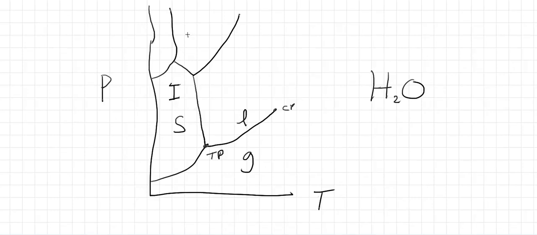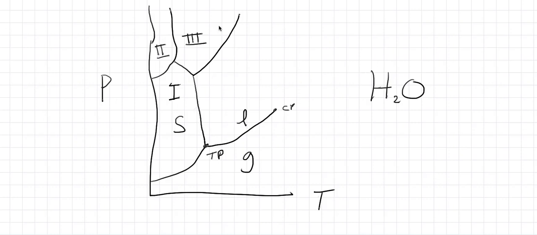But if we go to really high pressures, we can form ice 3, ice 2, and if we go to really high pressures, off the scale of this drawing, there's ice 4, there's ice 6, so there's more crystal structures that form. And in fact, if we go to high enough pressures, there's actually a form of ice that's stable at room temperature, but it's not stable unless you have incredibly high pressures. Okay, so that's it for